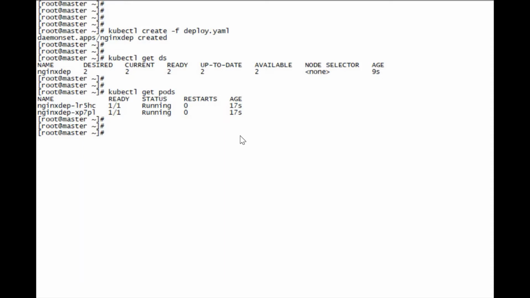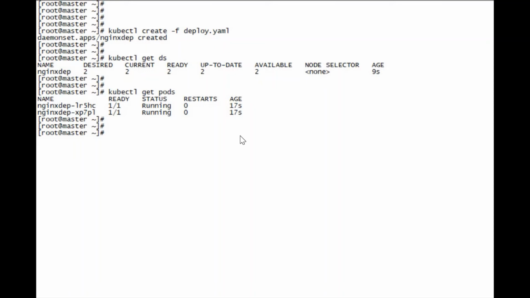So let's summarize what we have done. If we want to create the daemon set, we don't have the option to create the daemon set through kubectl create or the kubectl run command. So what we have to do is create the deployment template using kubectl create deployment, and make a few changes. For example, we change the kind from Deployment to DaemonSet. We deleted the parameters replicas, strategy, and status, and just apply the file.